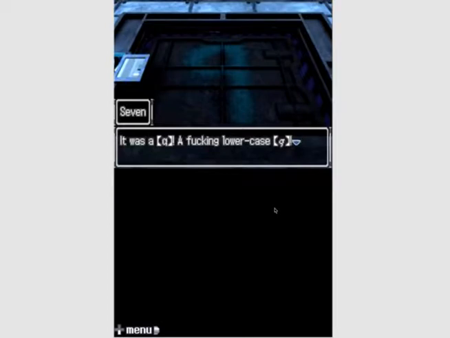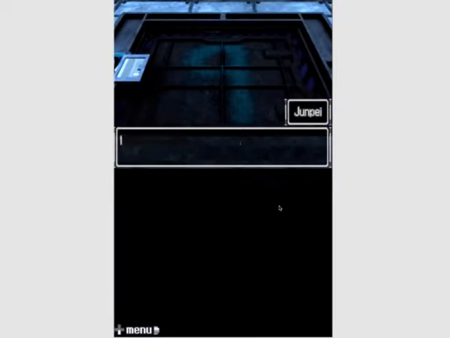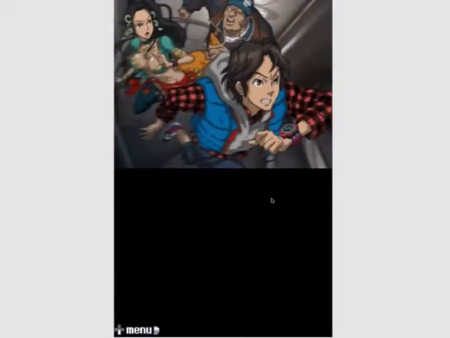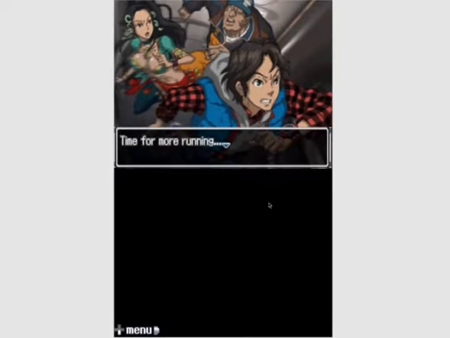It was a Q. A flippin' lowercase q. Yeah, that's pretty much it. I guess to put it another way, you could say that it was a 9 in base 10, but a Q. This is Facility Q. Oh my gosh. Facility Q is in the future.